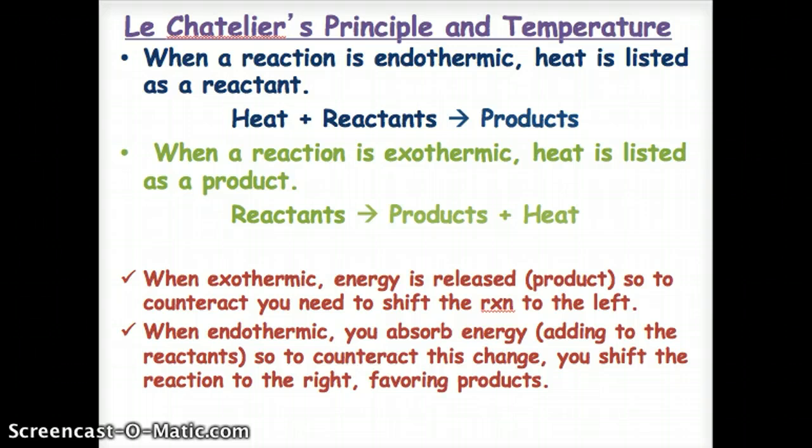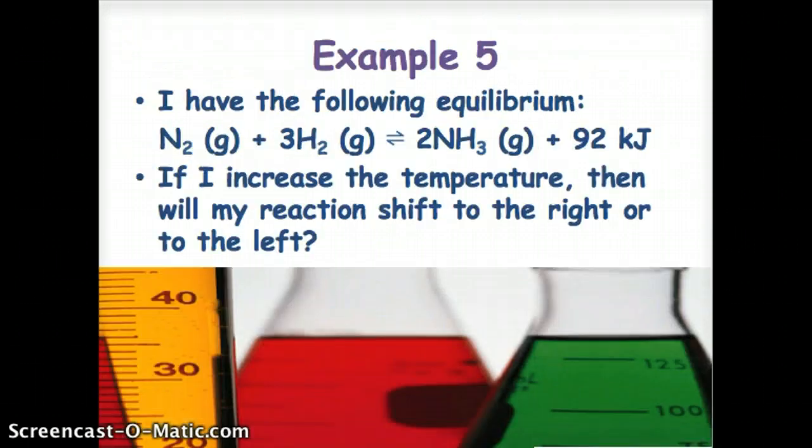Okay, here's an example of the Le Chatelier principle and temperature. I have the following equilibrium reaction. N2 plus 3H2 turns into 2NH3, ammonia, and you're producing 92 kilojoules of energy. Okay, so since this is an exothermic reaction, the only way to counteract this change right here is to shift